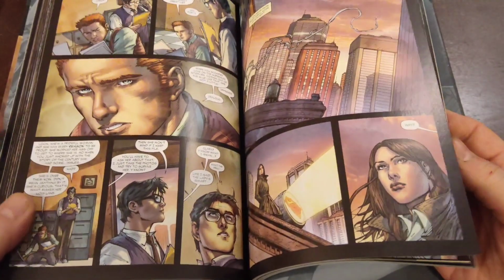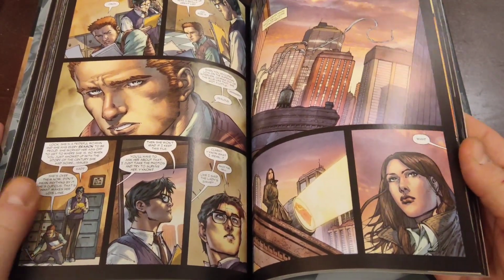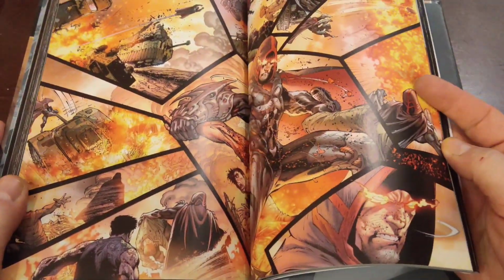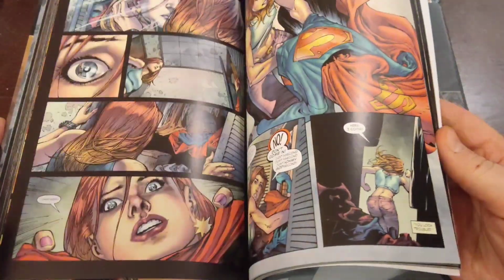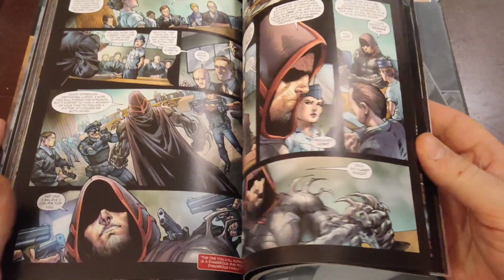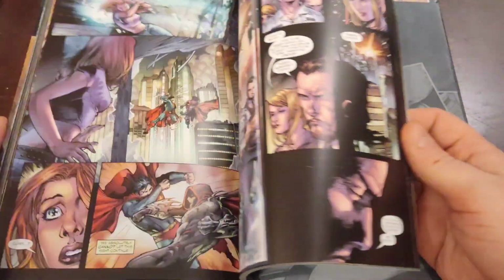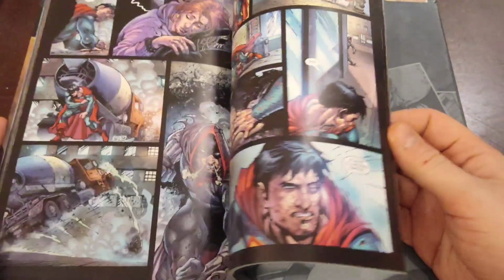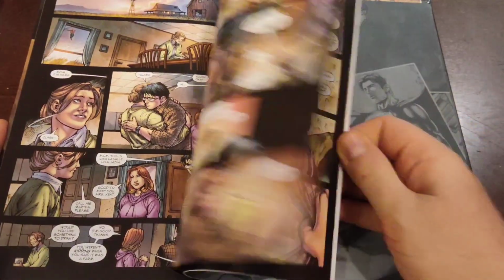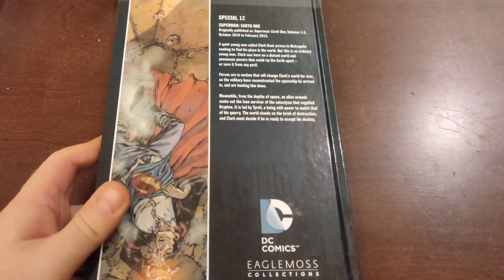the whole stack. Now, I do have the second volume, like volume 2 out of the 3 that are collected here, and I will be sort of getting rid of that in the way that I like to do. And otherwise, I've not read any of this. JMS is typically a pretty good writer, obviously, a great Spider Man run, and yeah, love Superman, so hopefully, this